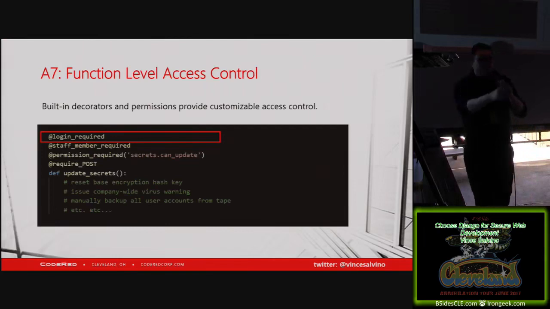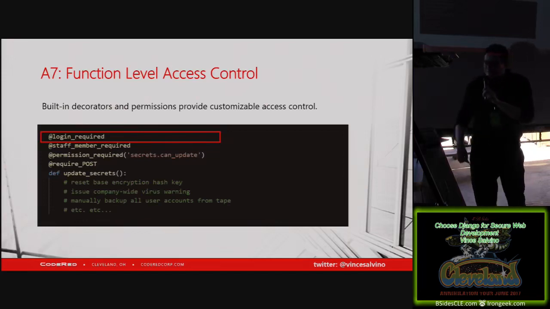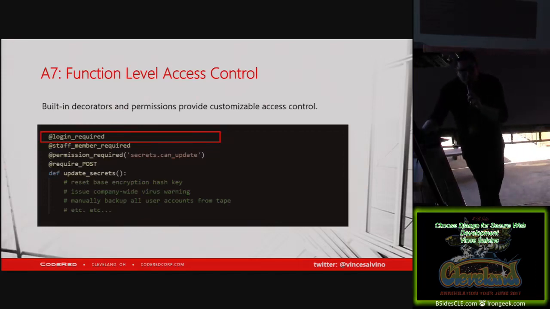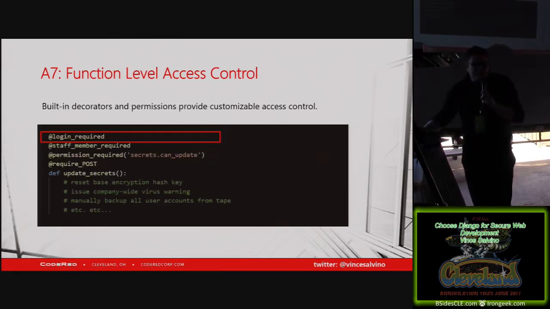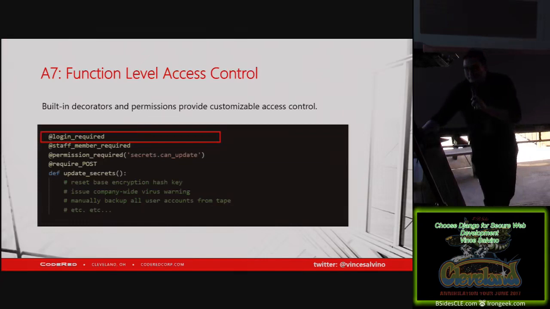And the other one is function level access control, right? Especially if you're working on a big site, you might have thousands of different URLs or thousands of different endpoints. Special buttons, you know, if you work in an IT department, you've probably created a special button that you gave to Jim in accounting to run a report that you hard-coded or something like that. Those things are all over the place, right? So how do you protect all those functions and keep them all under one unified blanket of permissions?